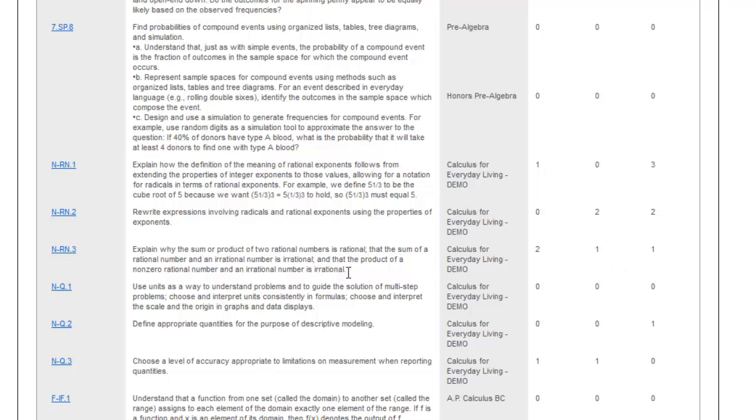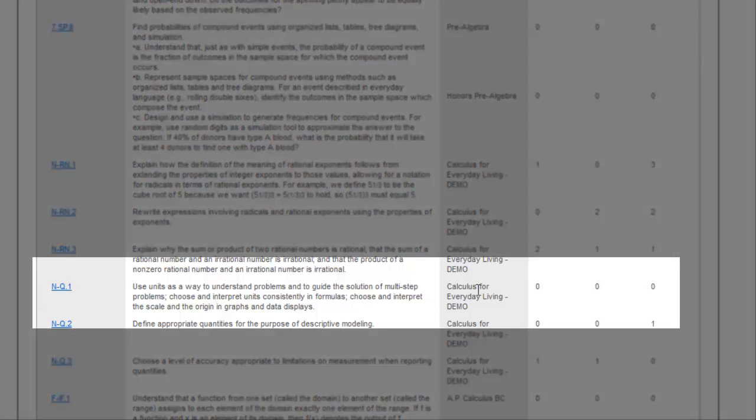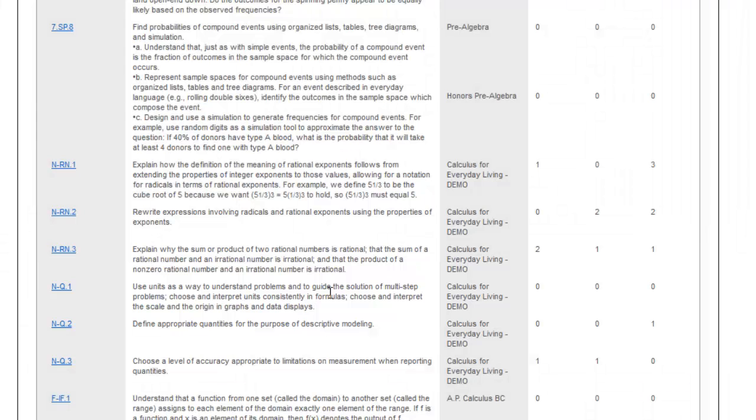Okay. Now here's something, see, here's how this gets useful, because I notice, okay, this benchmark, using units as a way to understand problems, it should be taught in this Calculus for Everyday Living course, but notice, zeros across the board. I have not addressed that benchmark, even though it's something that should apply to Calculus for Everyday Living. So that's where you might say, okay, maybe I need to address that benchmark. Or you might say, you know, that really doesn't go with this class. That's where we have a discussion about, does it apply to this class or not? Is it something you should be teaching or not? But see, this helps you to see where the gaps are in instruction. So that's the courses by benchmark